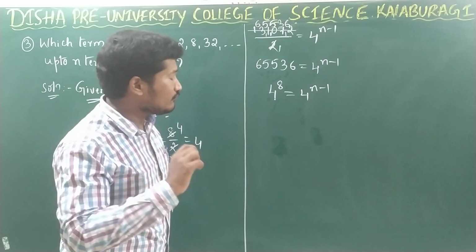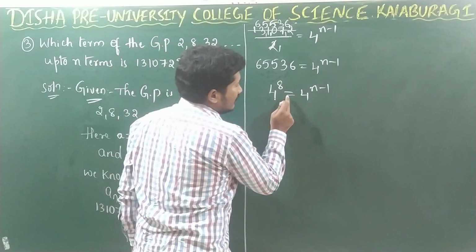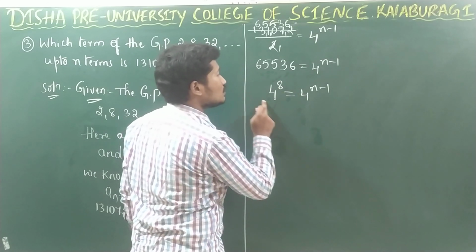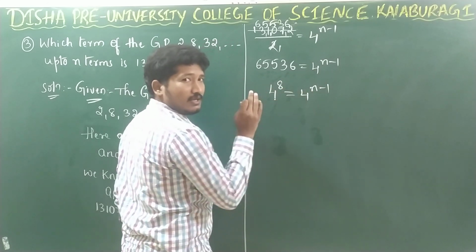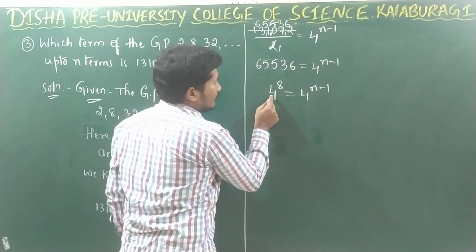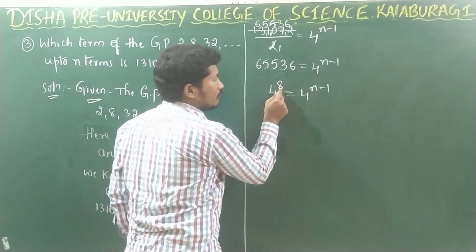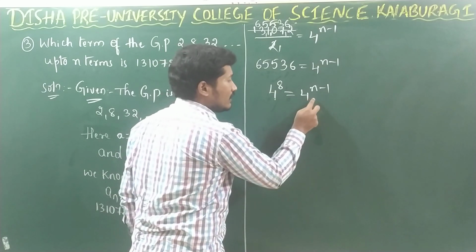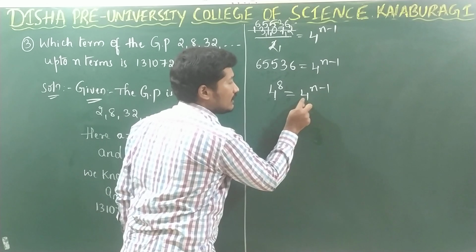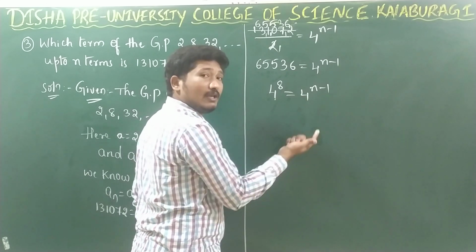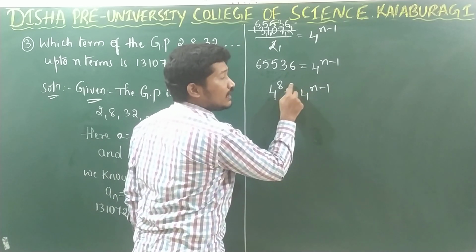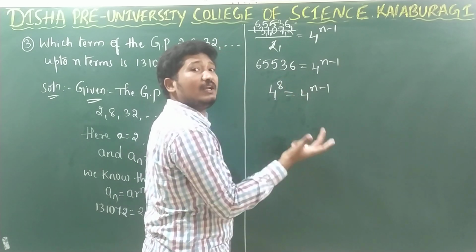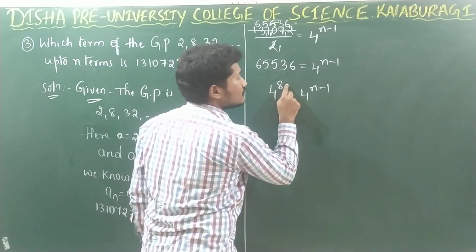Right? So carefully listen here. In between we are using what? Equal sign. So these two terms are equal, right? It is nothing but 4 power 8. That is, when you multiply 4 8 times, whatever value you get, you have to get the same value here. Why? Because both are equal. When will both be equal? When the powers are equal, right? These two terms will be equal when the powers are equal.